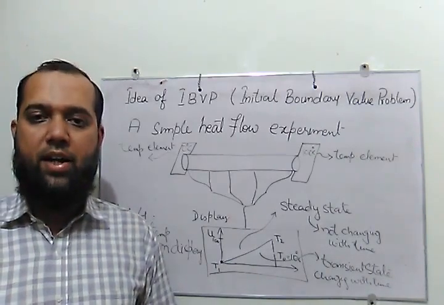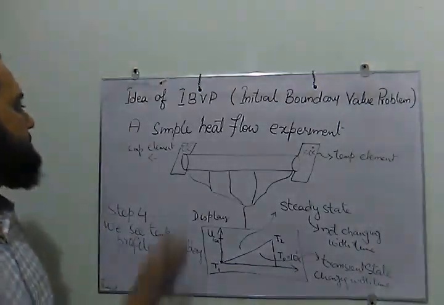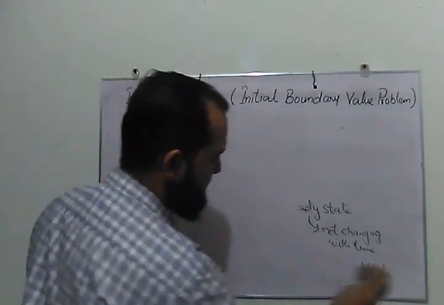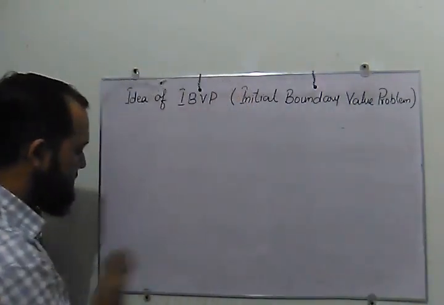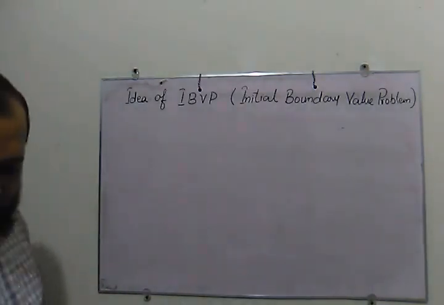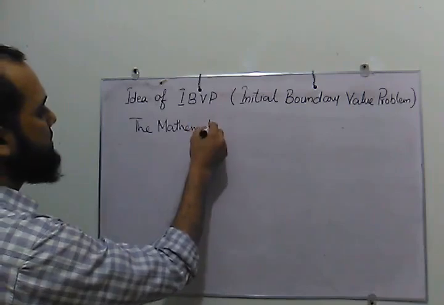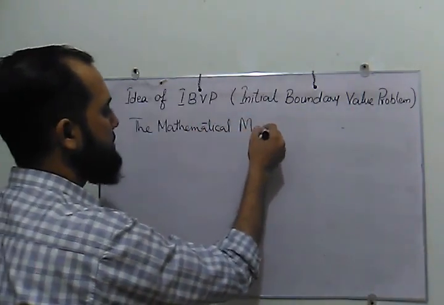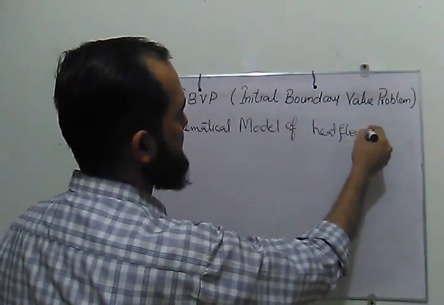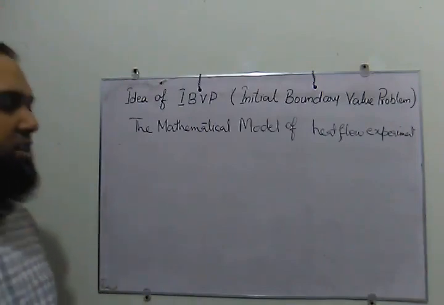Since there is only one direction in which heat is moving, the equation in the simplest form can be written as follows. The mathematical model of this heat flow experiment is